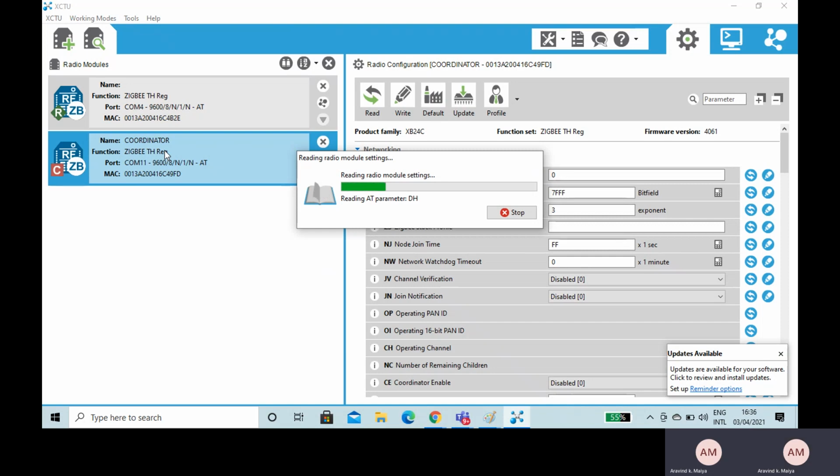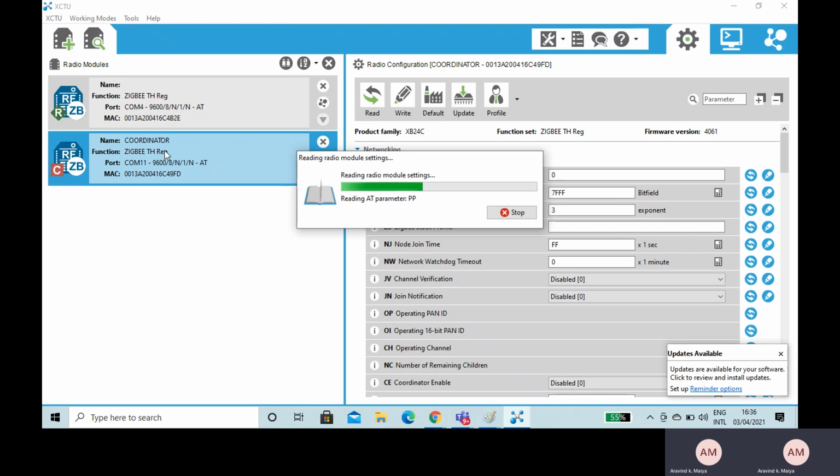In any radio module, or as a matter of fact, let us consider this XP module, you will have to configure the PAN ID, the channel, as well as the source and the destination addresses.